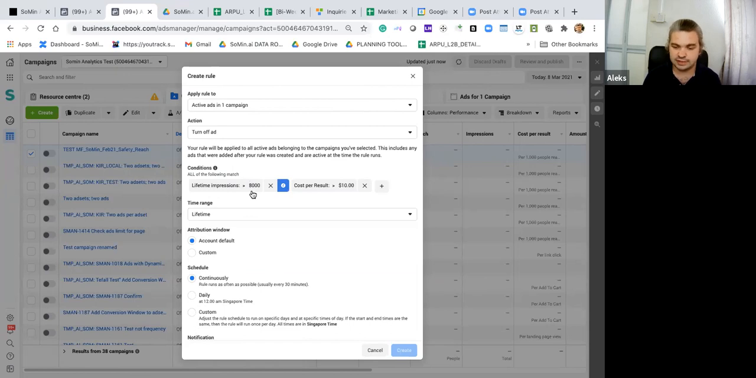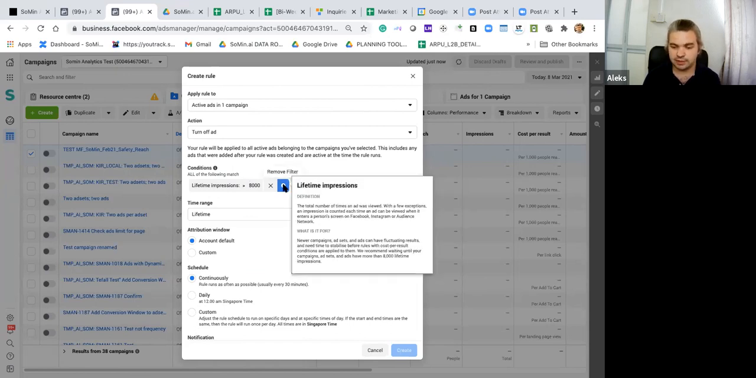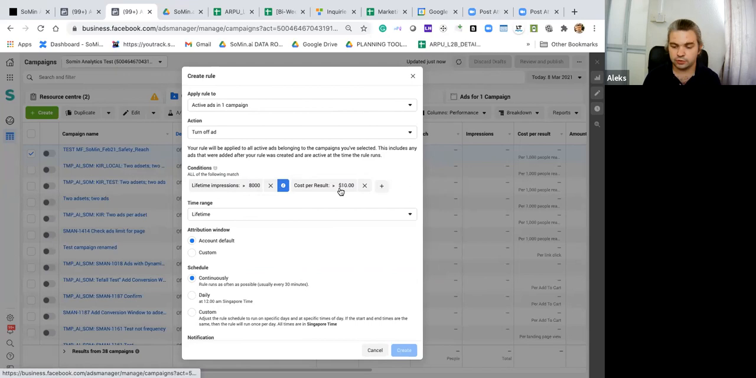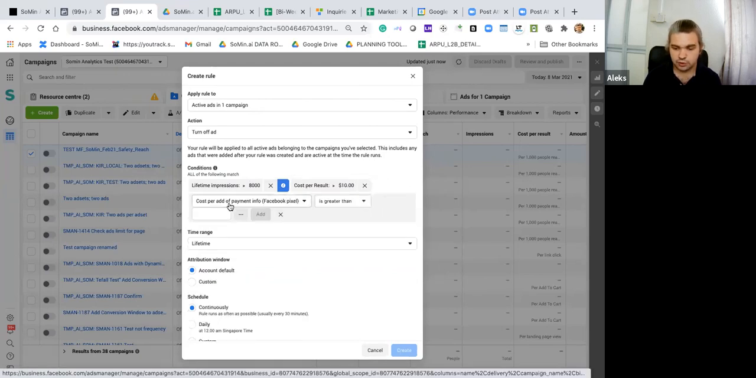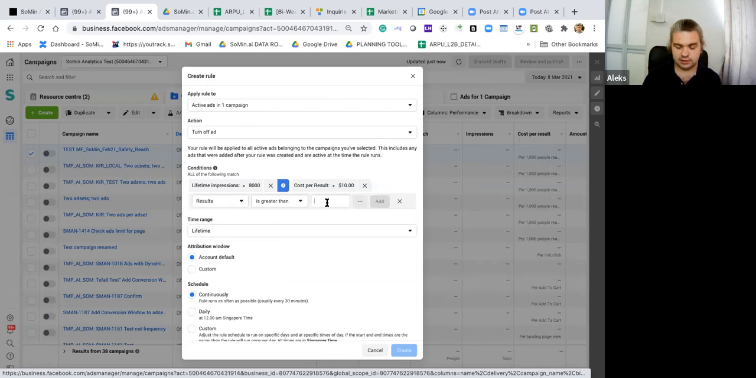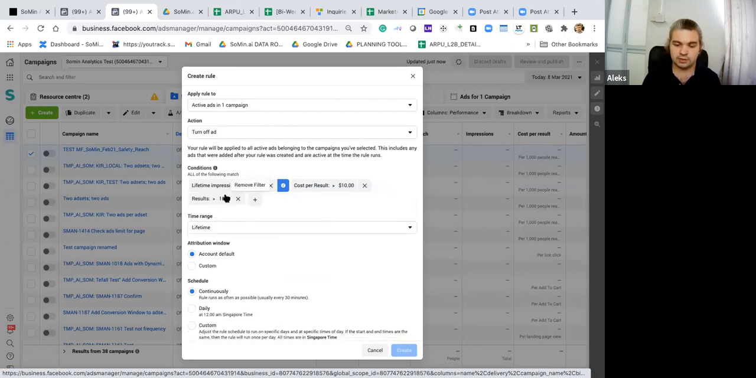Before that, it doesn't make sense to really judge whether this campaign is doing well or not, and there's no point in judging the cost per click. And you can put AND cost per ad payment, for example, is greater than some value, or maybe number of results is smaller than 100. So basically, once you get 100 clicks, you don't want this rule to work anymore. That's why you also put an AND condition. So only if lifetime impressions are more than 10,000 and cost per result is more than $10, but also number of results is